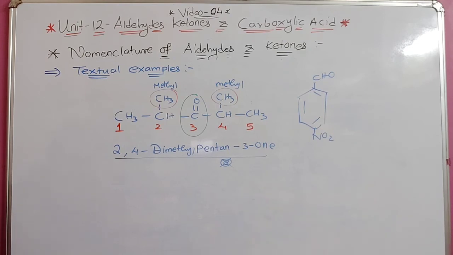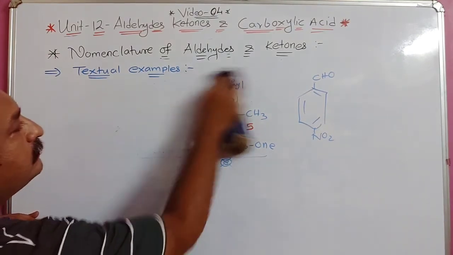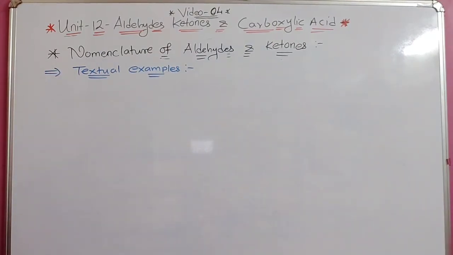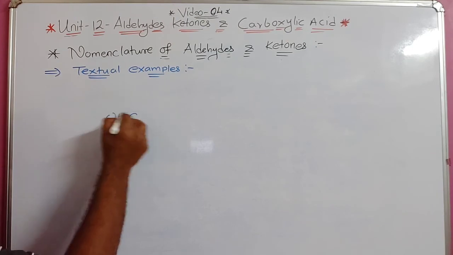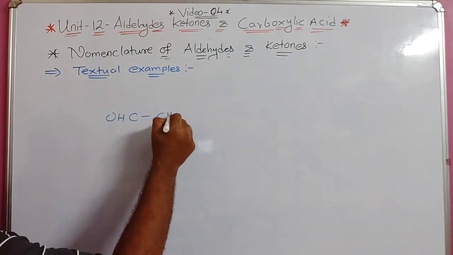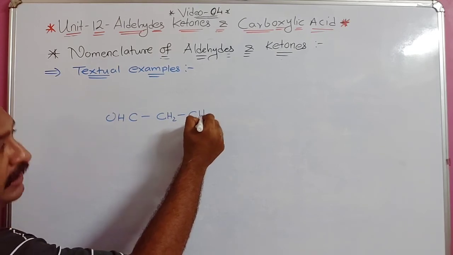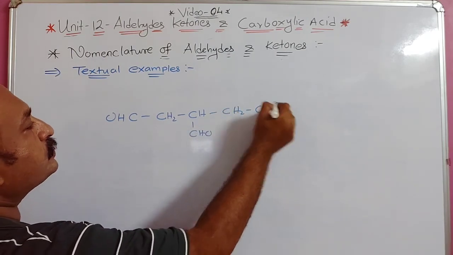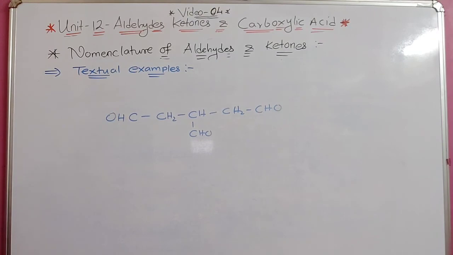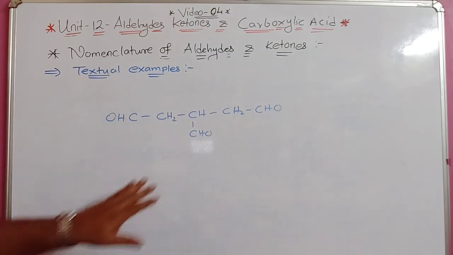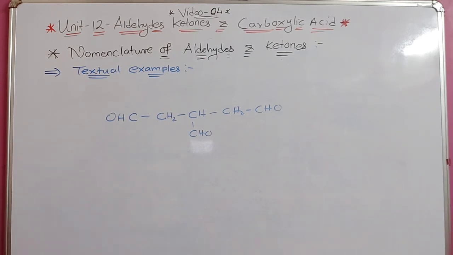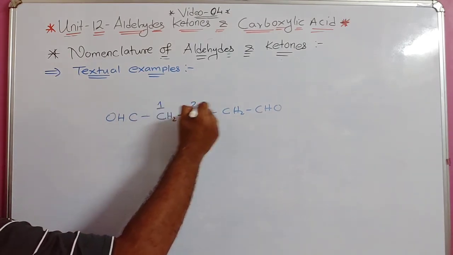Another one is there when more than 2. This note is also written there. If more than 2 aldehyde groups are there, what to do? That is given here. You can see CHO, CH2, CH, in which again CHO group is there, then CH2 and CHO. Understood? So in this case, always remember to give identical treatment to all the aldehyde groups; the compound is named as shown above. Means here 1, this 2 and 3.